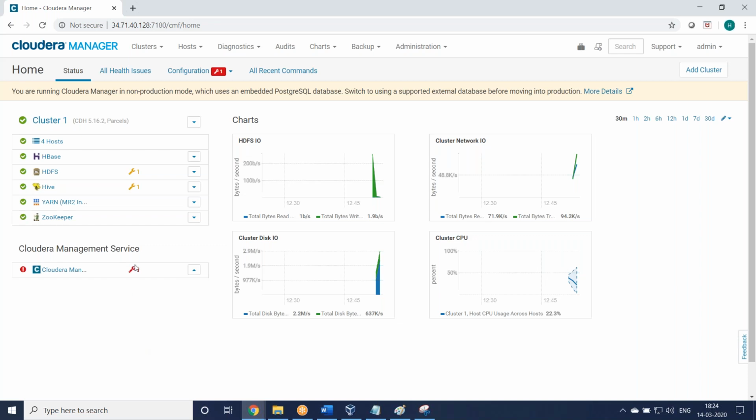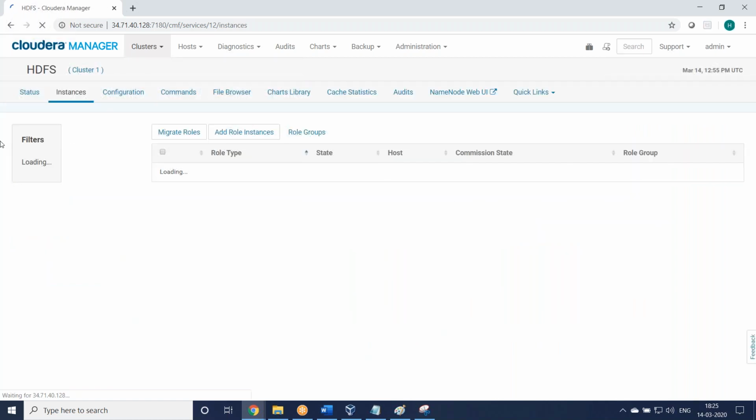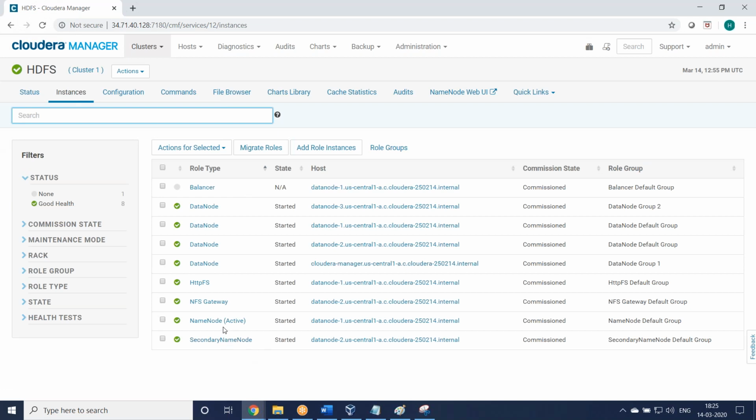Okay, but before going to load the data, if you want to see the services, click on them one by one and you'll go to the respective service. Now I want to see HDFS. Click. Okay, so you can see the HDFS status this way. Then here you can see the instances. Which servers is HDFS running on? Instances means nodes: secondary name node, active name node. There is only one active name node currently. We don't have high availability yet. We have not yet configured high availability. That we have to do later.